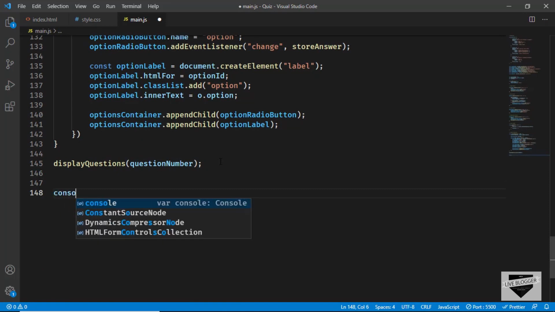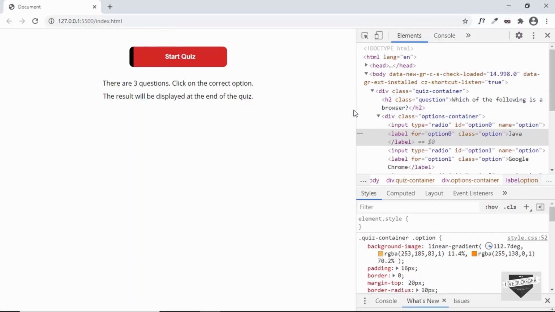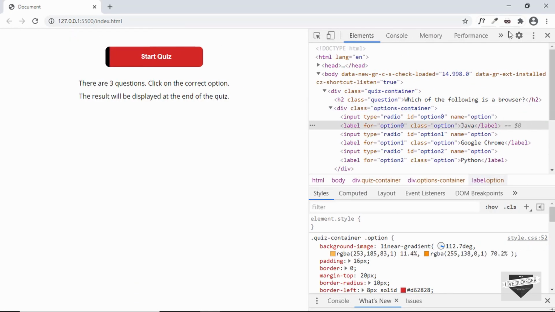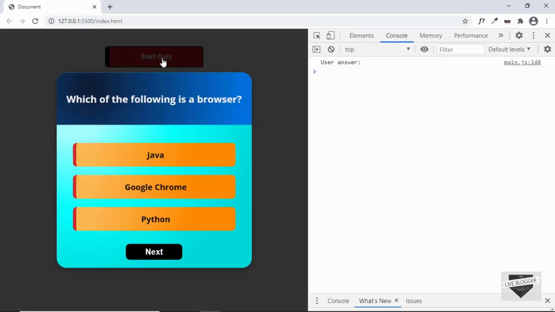So here I'll just type console.log, and I'll just type user answer. So now we'll be able to see whether the answer is being stored. So let's go back to our quiz, and here I'll just go to console, and let's click on start quiz, and let's click on one of these options. Let's click on Java,